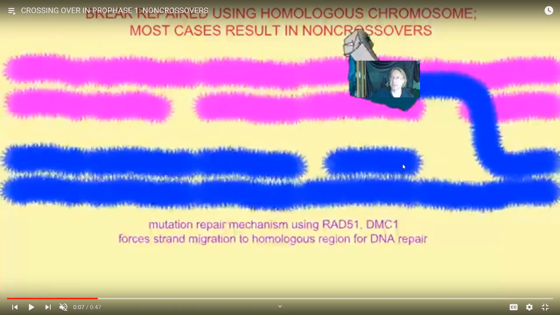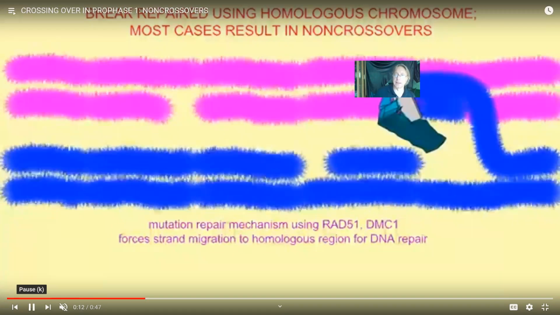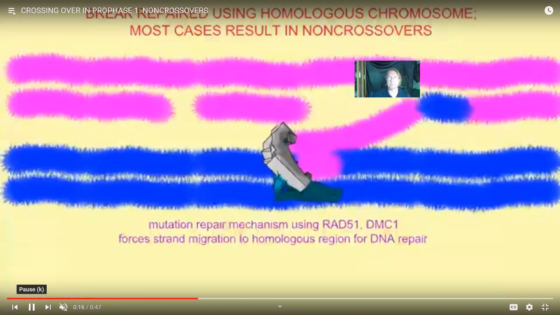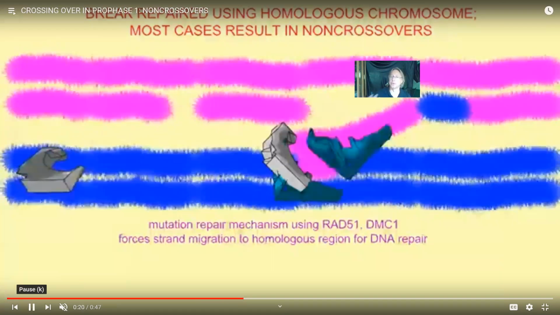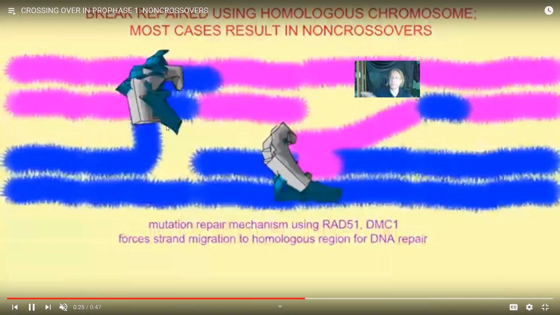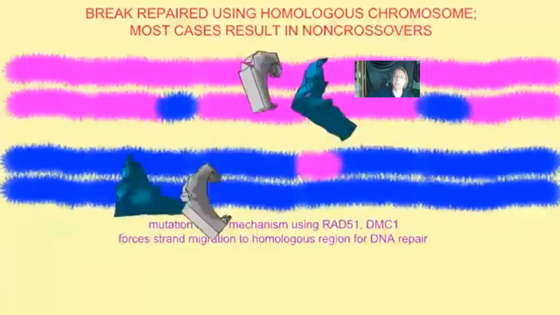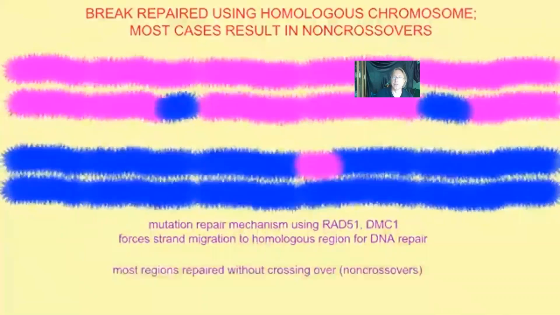Now remember I said that this is a mutation repair mechanism where you would say, all right, let me fix this hole by dragging some of the good DNA from the neighboring strand in to repair that. But now in the process, I'm bringing blue DNA to fix the hole in the pink chromosome. And so that's where I will get that mosaic chromosome forming. So there are a number of genes involved in this. And once again, you physically make holes in your DNA and physically drag some of one parent's DNA to the chromosome of the other